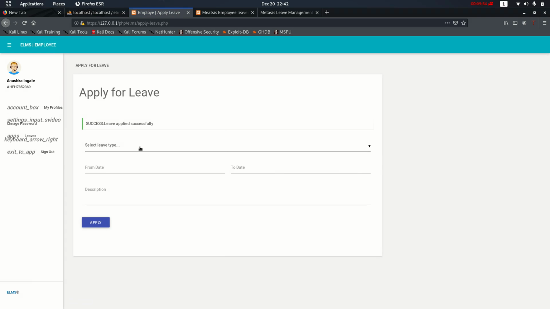Here there is a banner which states that the leave has been successfully applied.